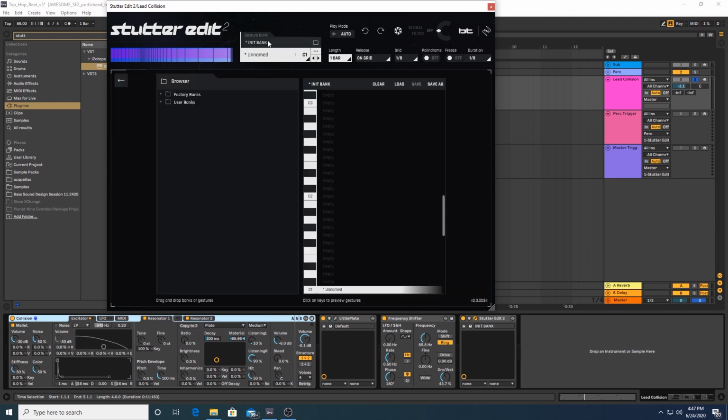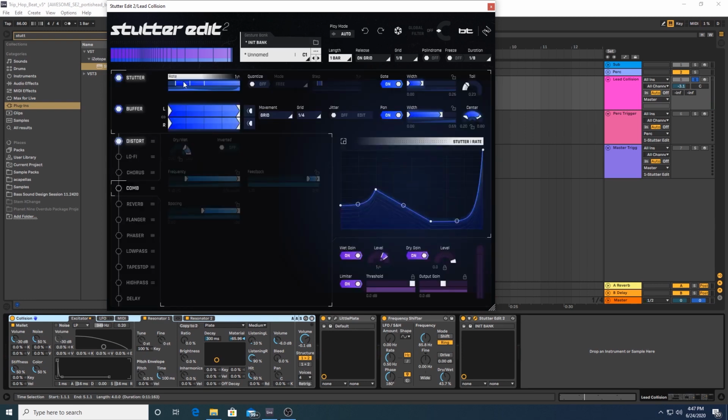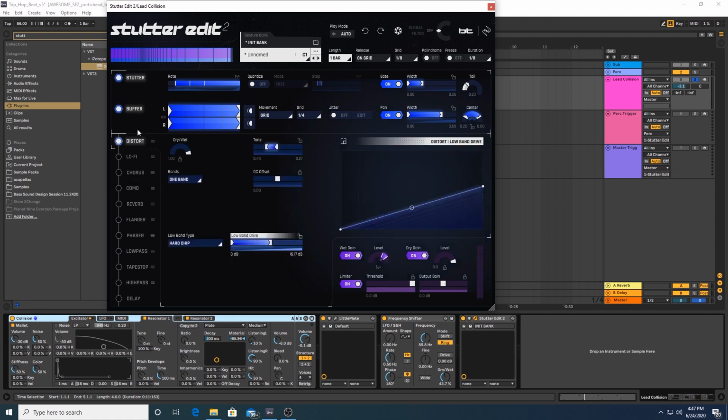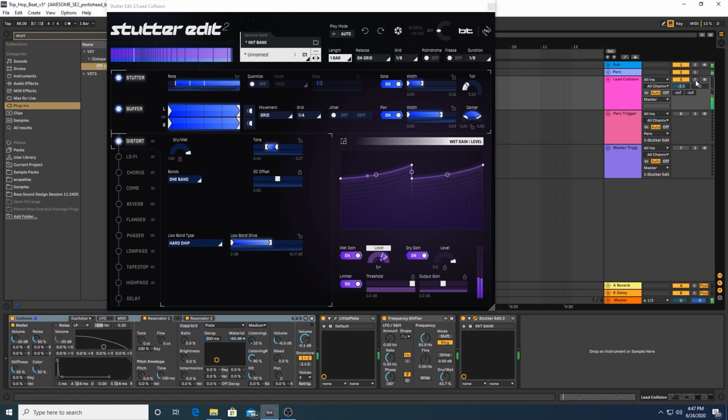So this is just one that I made. I think I kind of worked off one of the default initialized presets. A little bit of distortion going on. We have the stutter and buffer controls going, a little bit of wet gain level writing throughout. And then in context,